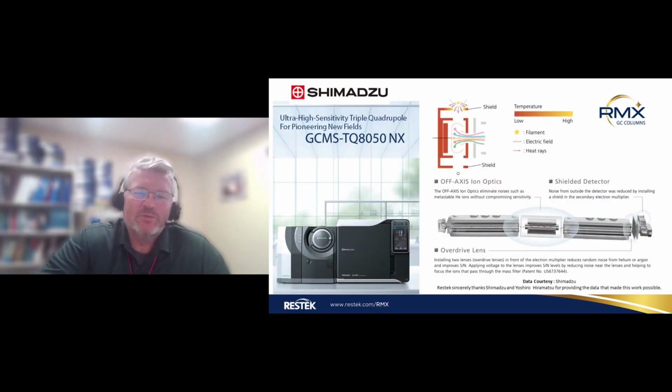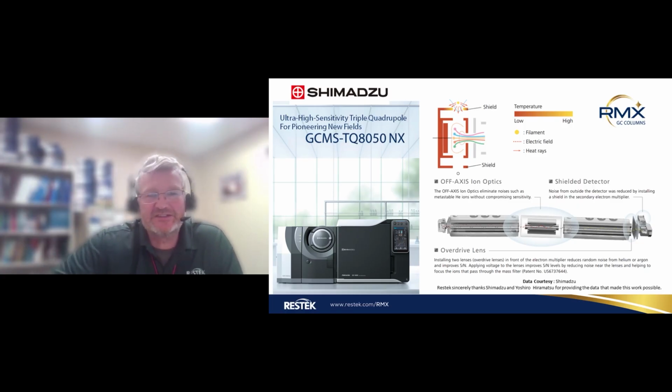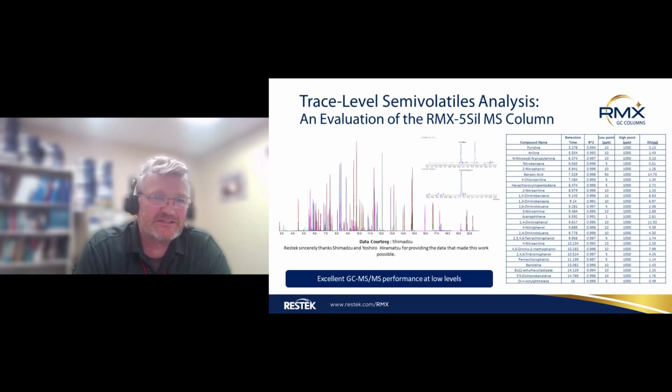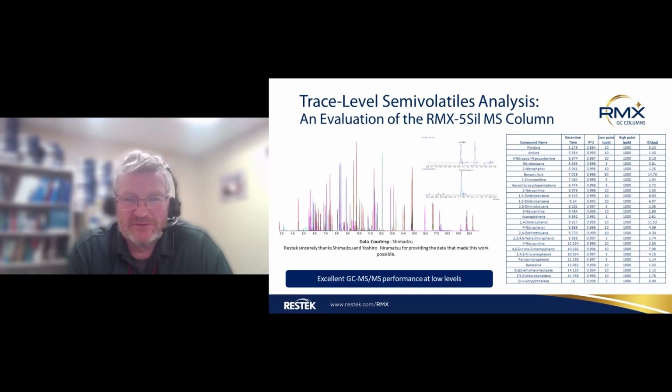All right, so one of our collaborators, Shimadzu, agreed to try out the RMX column. They have a new instrument, the TQ8050, which is easily able to see down to picogram levels of sensitivity. So this was a really good opportunity for us to try out the RMX column on one of their top-of-the-line instruments. If we take a look at the chromatogram here, we have really good peak shape all the way throughout, and you can see all the way to the PAHs towards the end of the chromatogram that we have really good signal to noise and really good peak shape. That speaks to the instrument as well as the column.